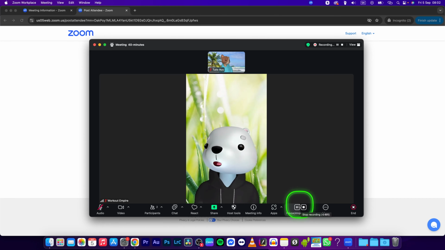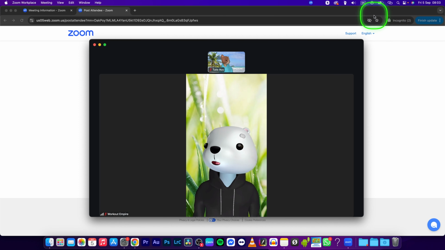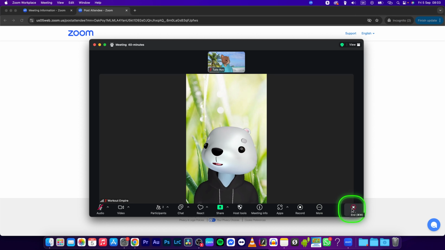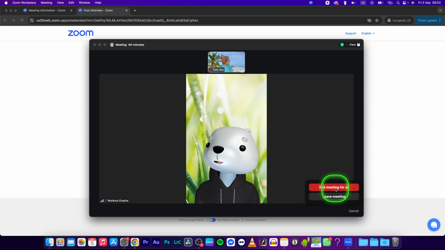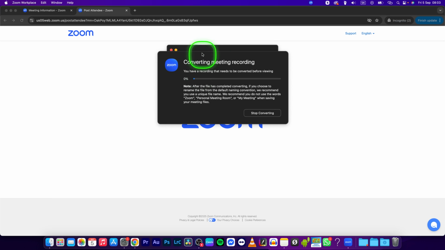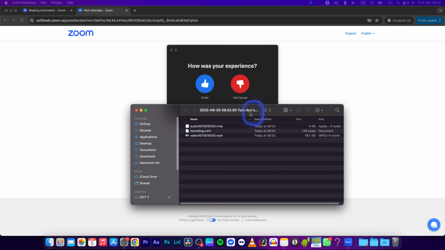First, recording in progress. I will record a simple recording, so I will stop it right now. Recording stopped. And now, in order to find your file, as you can see, the recorded file will be encoded when you end the meeting. So end the meeting, click end meeting for all. And now when the meeting is ended, it will convert your meeting file and it will show you this folder automatically